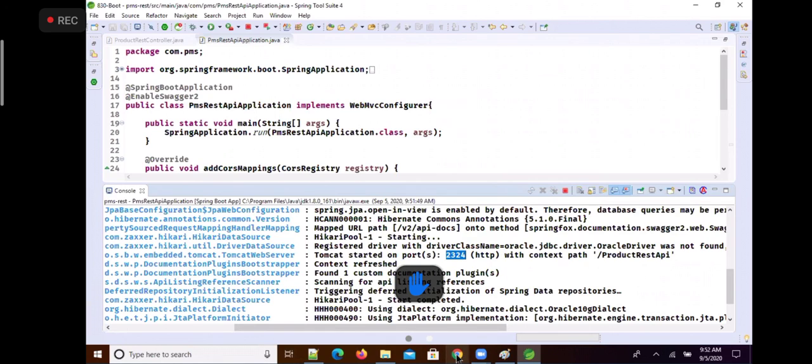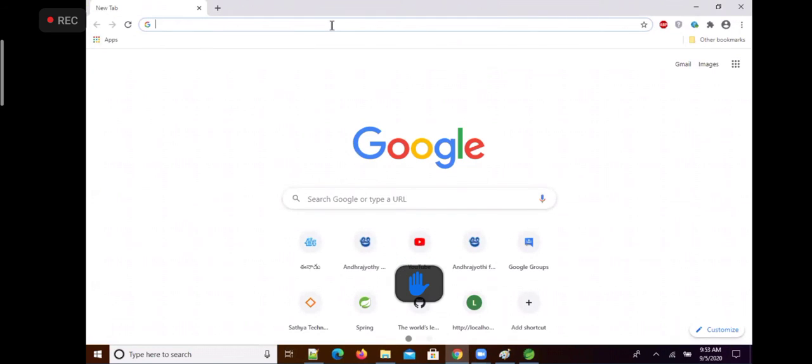So I would like to see, automatically swagger-ui.html file is created by Swagger. Now just we can access that.